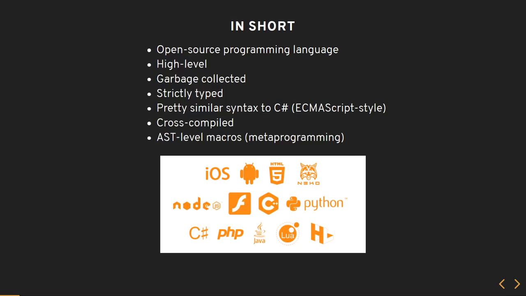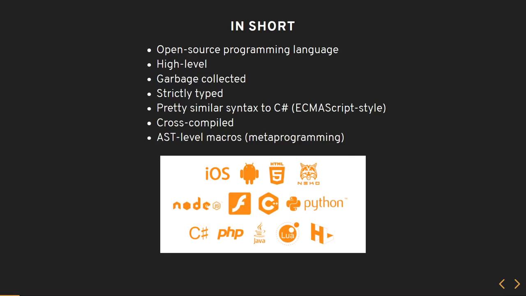Sorry, I came to the presentation a bit late. So is this a web-specific language, or is this just a general purpose, kind of dynamic language? No, it's actually a static language. It's super general purpose. The concept of the language is you write it in Haxe, and then the Haxe compiler spits out the same code, translated to a number of languages you can choose from. It can spit it out in JavaScript, or in C++.